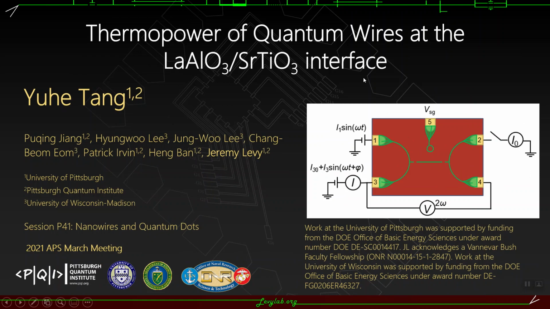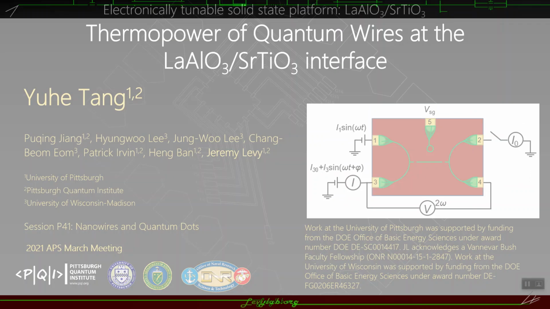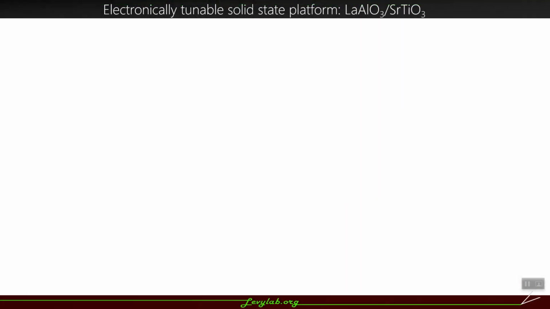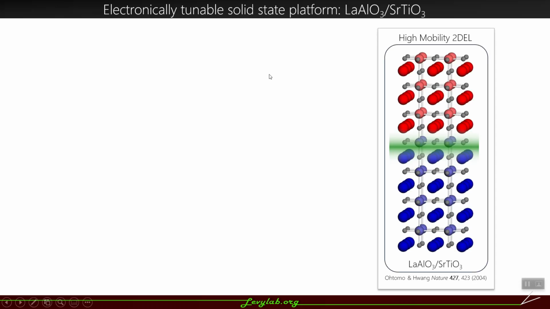Today I'm going to talk about thermal power of quantum wires at the lanthanum aluminate strontium titanate interface. The material system we're working on is lanthanum aluminate strontium titanate heterostructures. When a thin layer of lanthanum aluminate is grown on top of strontium titanate, a 2D electron liquid will form